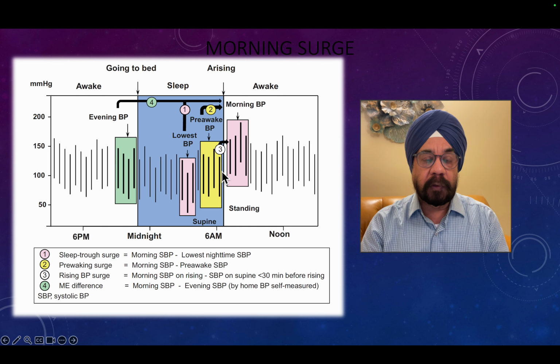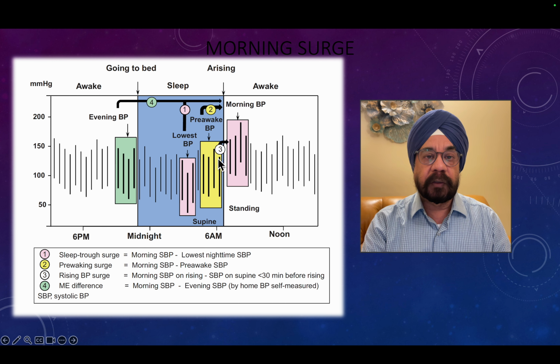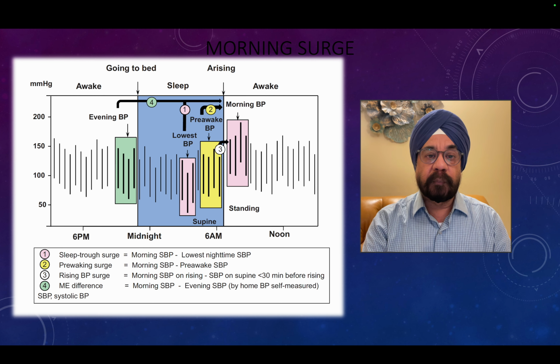How you calculate morning surge is an issue. Do you calculate morning surge based on the blood pressure immediately before getting up, or do you compare with the blood pressure when you went to sleep? We don't know yet, but both methods are fine today. How to calculate the morning surge? In case the blood pressure rise is more than 10%, we call it a morning surge.